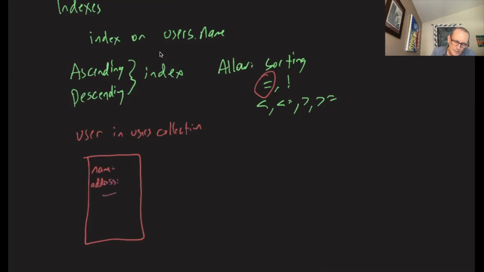And this address is itself a map. So you've got city, state, zip, and so on. Now, if you wanted to find all of the users whose address was in a particular zip code,